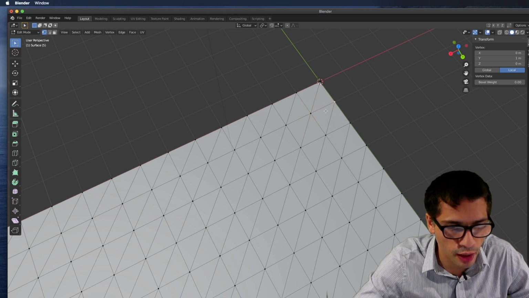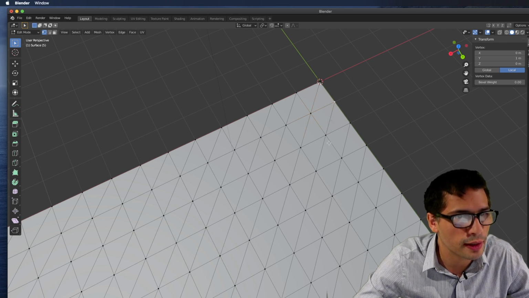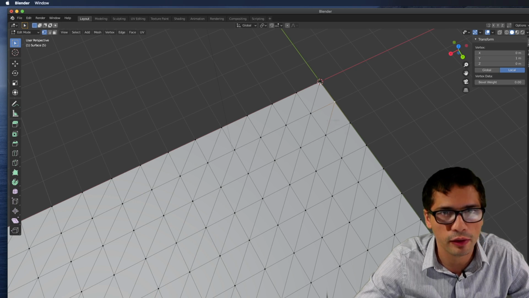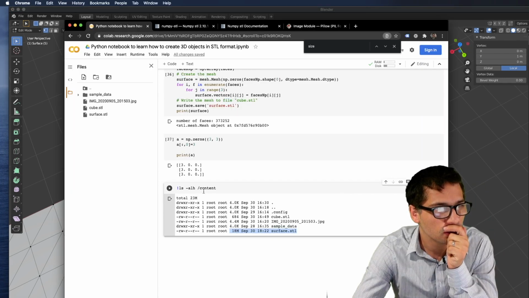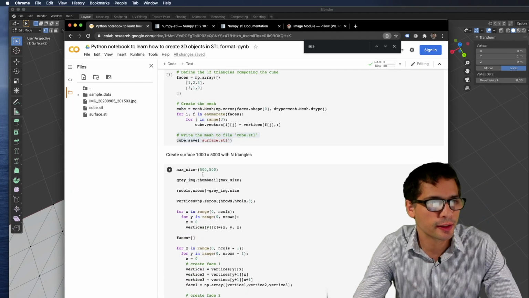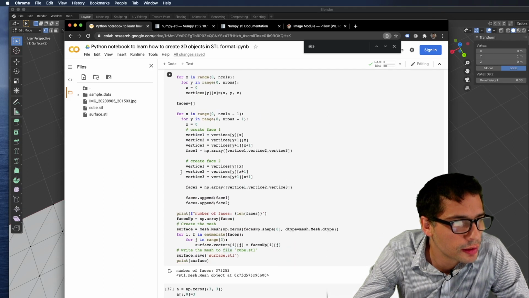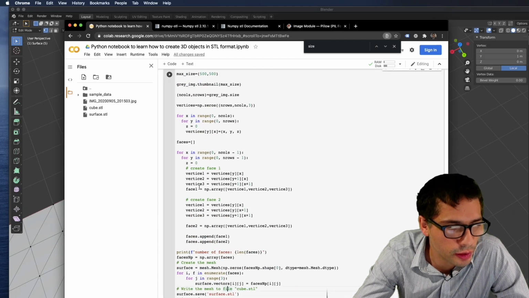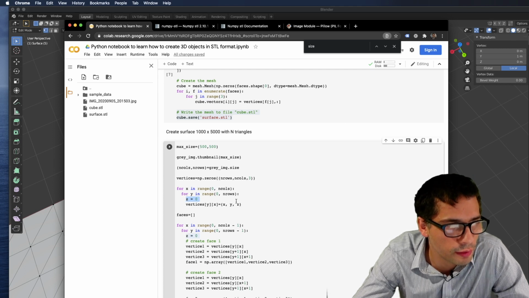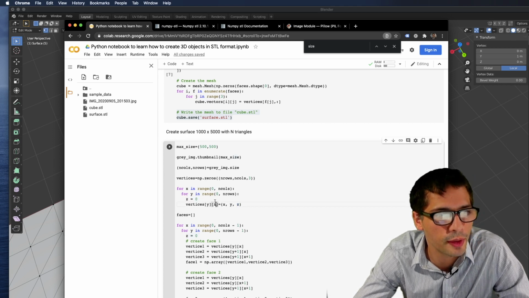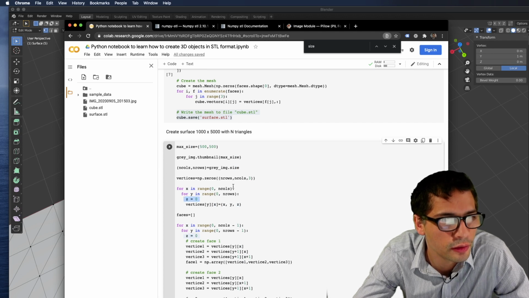So now that I have my grid, my surface, I'm going to try and change the Z according to the different heights. Let's see how we can do that. We're almost there. Okay, so what do we do next? We've already seen this is where we create all the faces, and here was the place where I was setting everything to Z equal to 0. But I don't need to set everything Z equal to 0. That was only done because I want to simplify things at this stage.